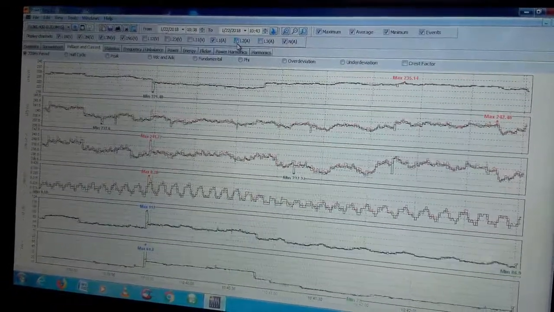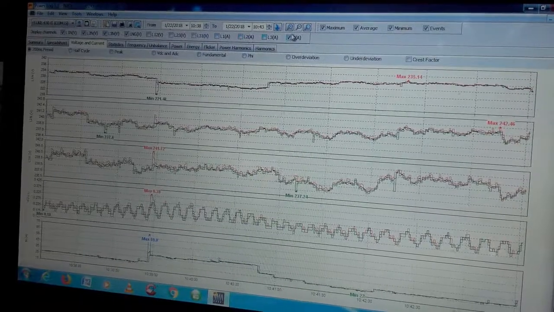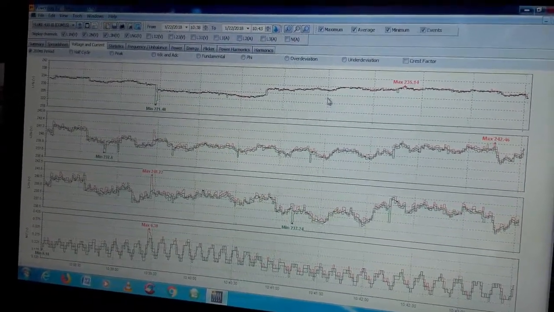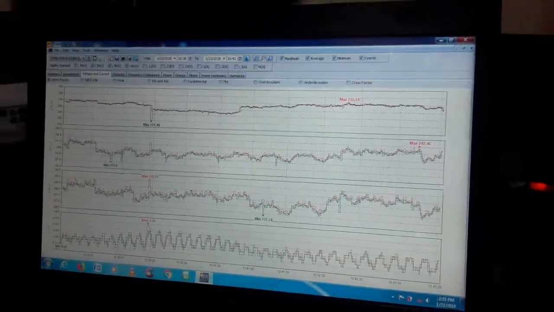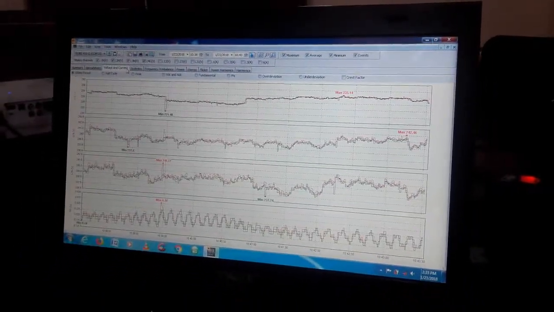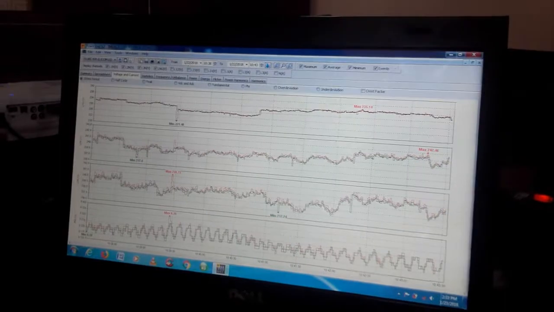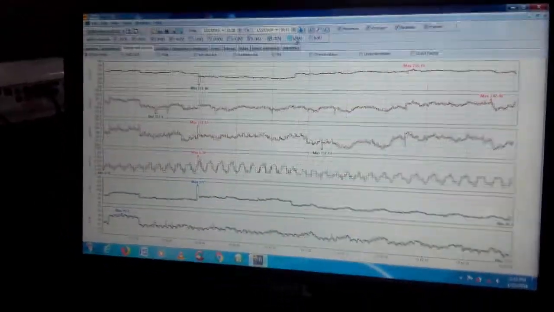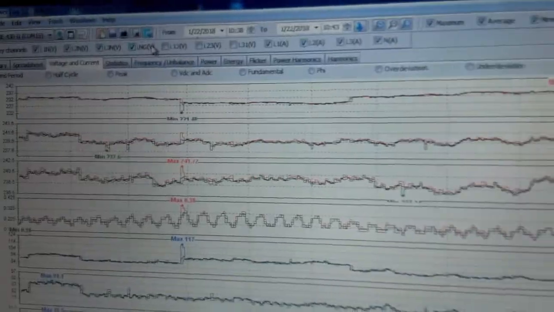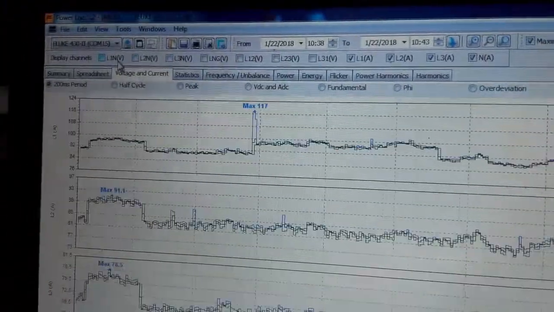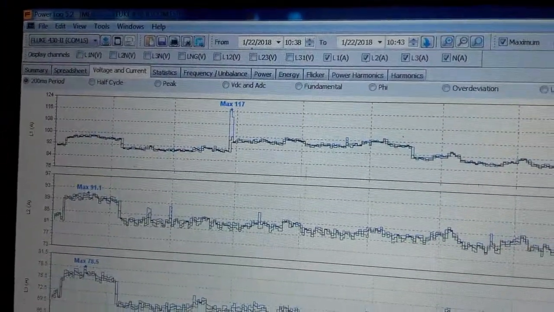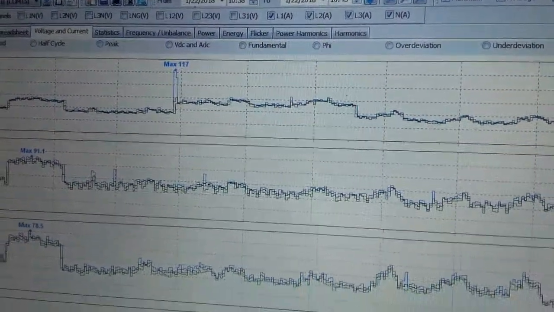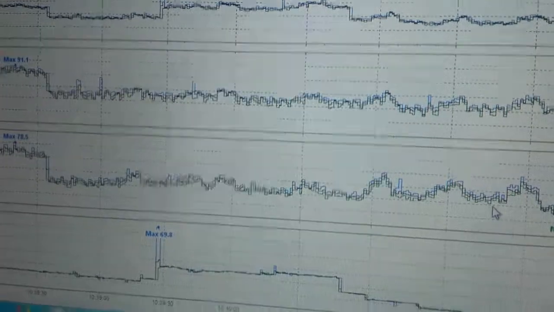Now for report purposes, we can edit the number of variables which a person wants. Now only the voltage is shown, the maximum and minimum value, and in a similar way we can show the current by deleting the voltage. The maximum current in R phase, Y phase, B phase and the minimum current, the neutral current also shown here.